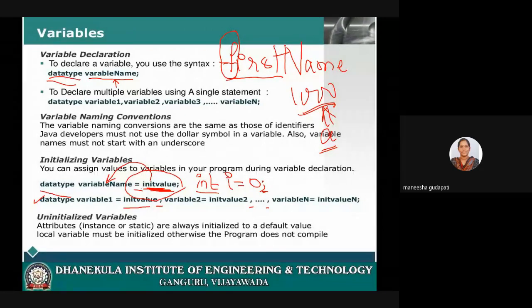Along with that, we have to specify what type of data it is. Suppose in that memory location I am storing some integer. On an integer I can perform only some set of operations. And if I am storing some character, on a character I can do some set of operations. Suppose, can I perform a multiplication operation on a character? Can I perform a multiplication operation on a character or not?